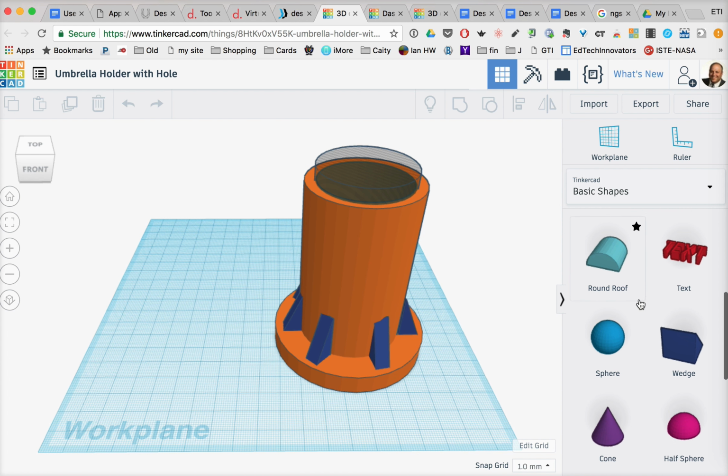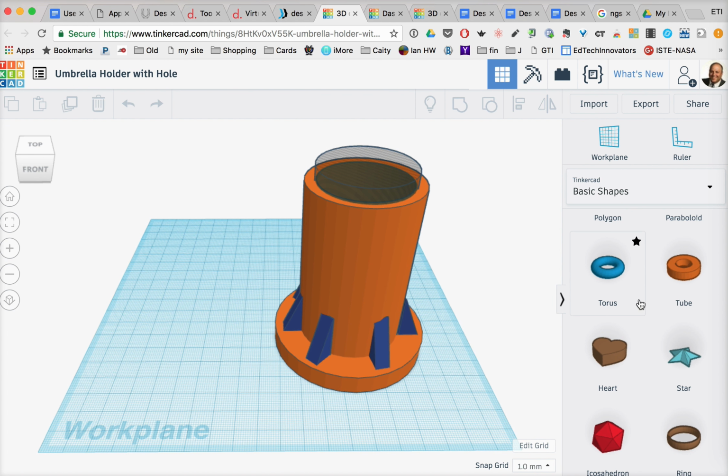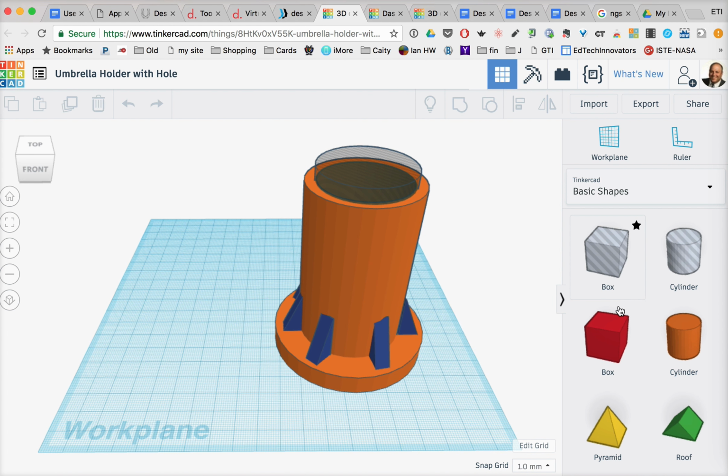So what you can see is that here are the shapes that you're going to use, and well, this isn't necessarily a tutorial on Tinkercad. What I'd point out is this is the solid version, and this is the hole that it can make. So you can see, like in my particular case,